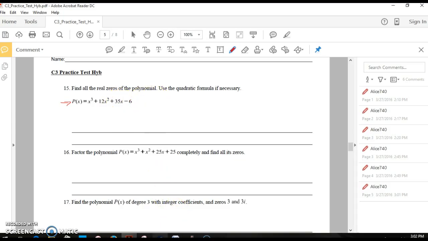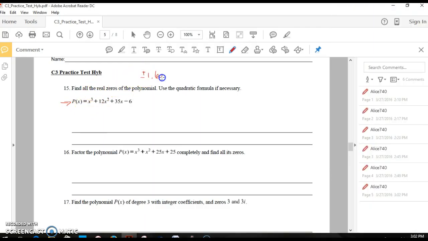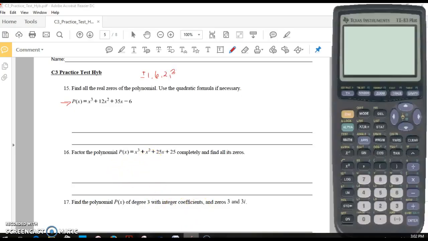So what we're going to have to do is use the possible rational roots that we get from the rational root theorem, which would be factors of 6 divided by the factors of 1, so 1 and 6, or 2 and 3, and then start synthetically dividing until we find at least one factor. Of course, that's pretty time consuming, so we're going to go into here and enter 1x cubed plus 12x squared